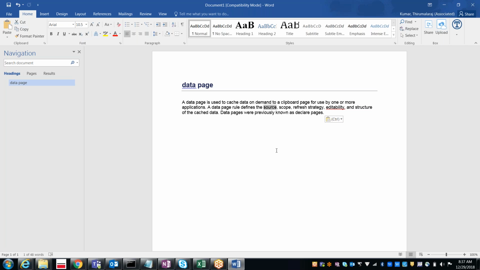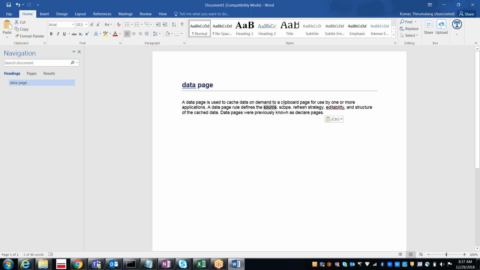If you want to buy mobile phones or laptops, it displays everything on the website. So how is it coming? From where is it coming? From one of the databases, right? So that database is called a source. The database can be a source. So the database rule defines the source. That means from where you want to retrieve the data, it is going to define it.